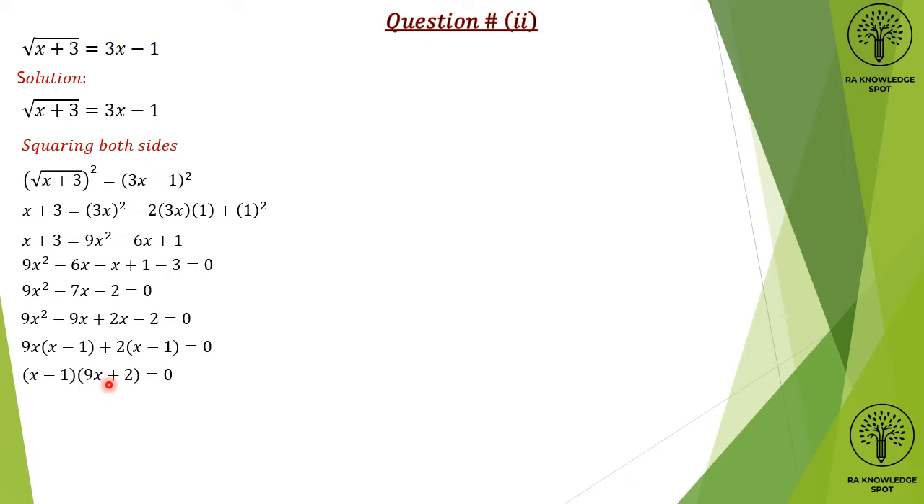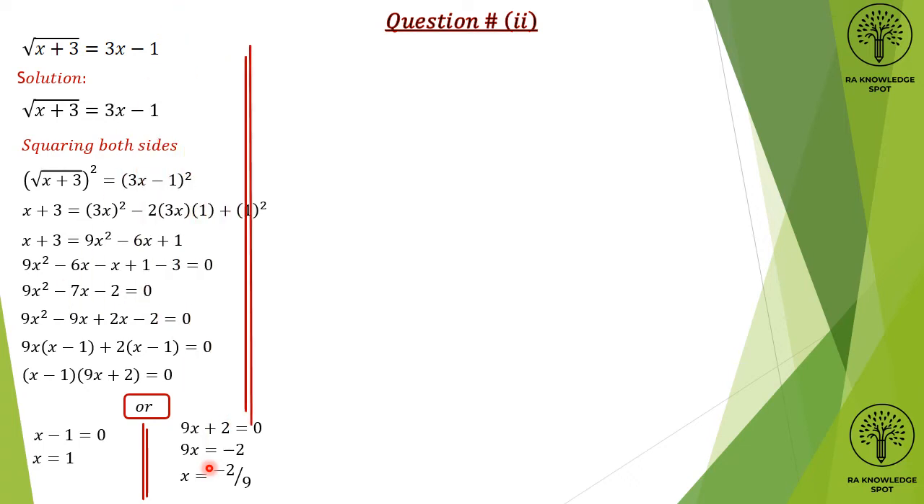One by one, dear student, as you know before, we have to take them equal to 0, finding the values. Half x minus 1 is equal to 0, x is equal to 1, and then 9x plus 2 is equal to 0, and 2 is negative to the other side, then 9 is divided. We are having the two roots, we have to check them one by one, whether this satisfies the equation or not. So first we have to check for